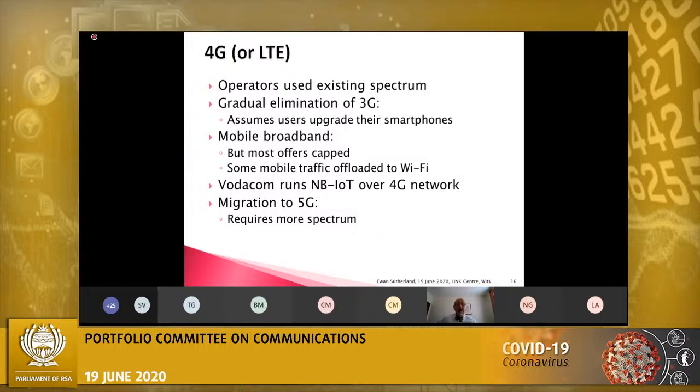Fourth industrial revolution stuff: Vodacom runs a narrowband Internet of Things network over its 4G network, and that then allows you to start doing some of the smart buildings, smart cities, and other applications. But migration to 5G for the main operators will require a lot more spectrum and new